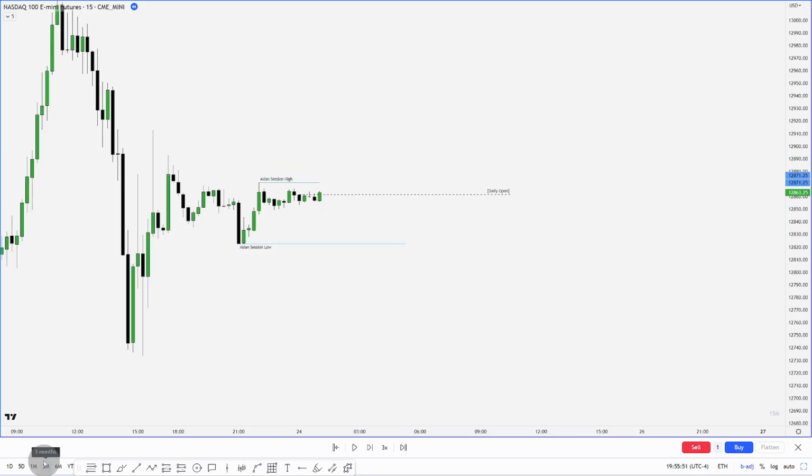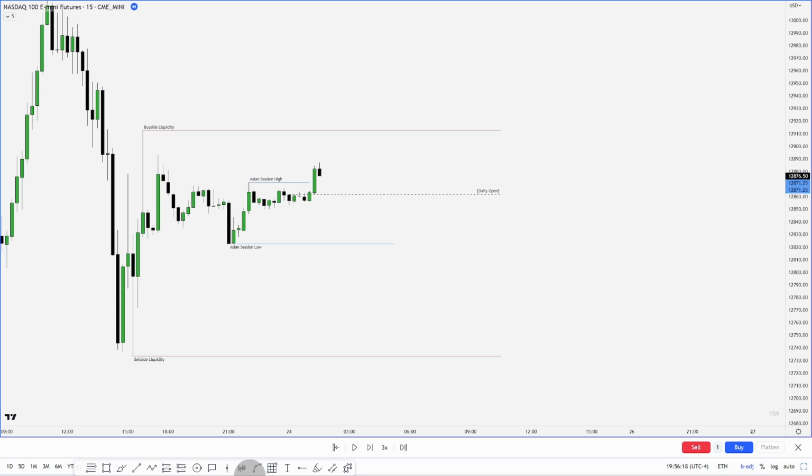In this next example, we will look at Asia session high and low, but we'll also look at just using it within a range. So if you look right here, we have sell side and buy side liquidity from this large range, which we are currently consolidating in. So our main focus will be looking at this high and this low, but also noticing how price reacts to the Asia high and low.